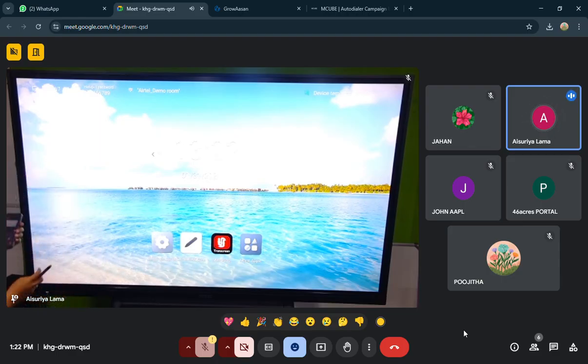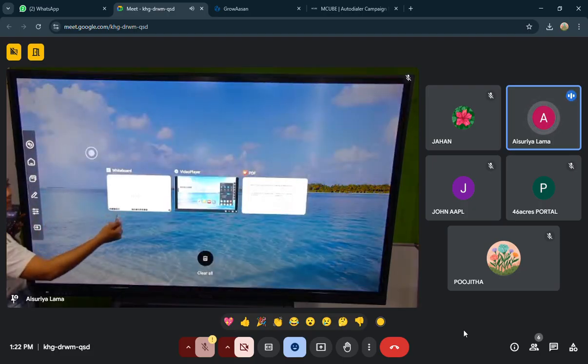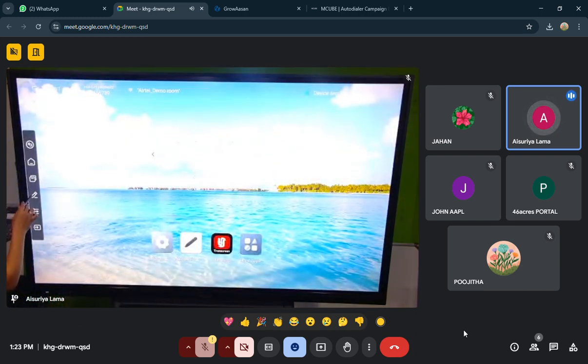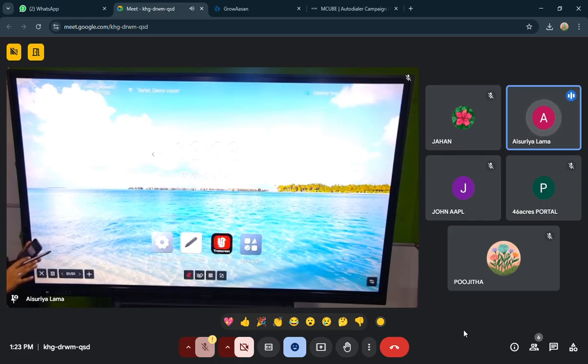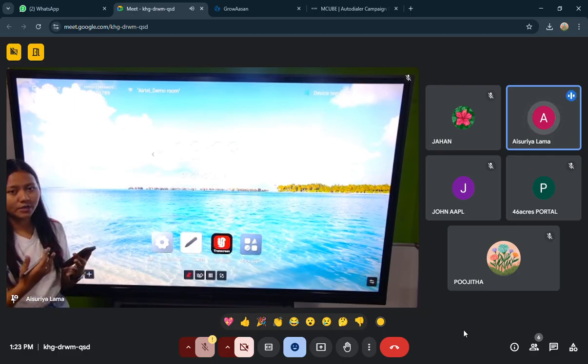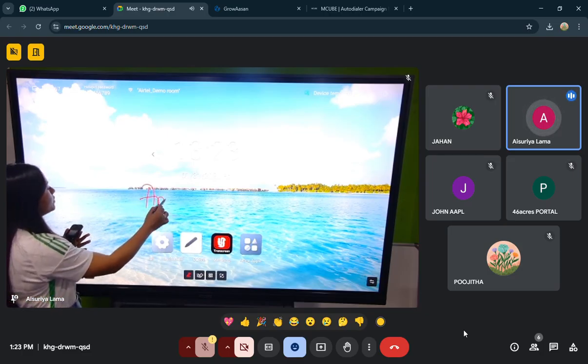After you do that, the basic feature it has is this vertical bar, which is present on that end as well. If I click this vertical bar, there are multiple options. First option is back, second option is to come to the home page, third option is the recent applications which you have used, and fourth is annotation. If I click the fourth option, my entire screen will get frozen. In case you have opened a PDF or PPT or any video and at that point you want to annotate on it, you just have to click the fourth option, that is annotation. Once you do that, your screen will get frozen and then you will be able to annotate on it.